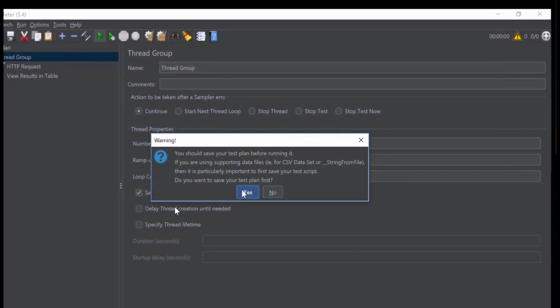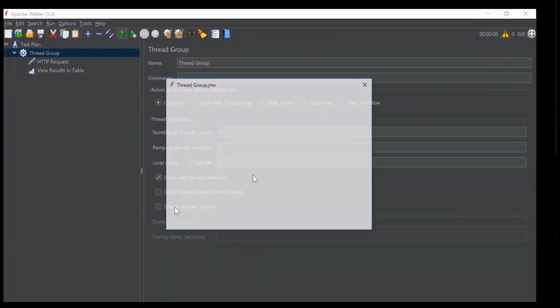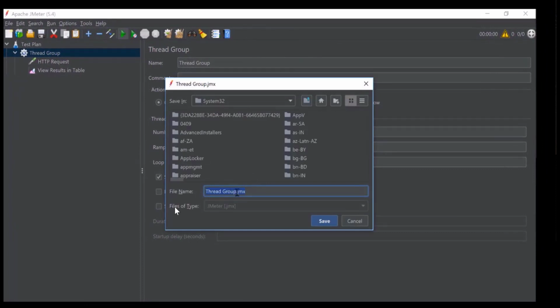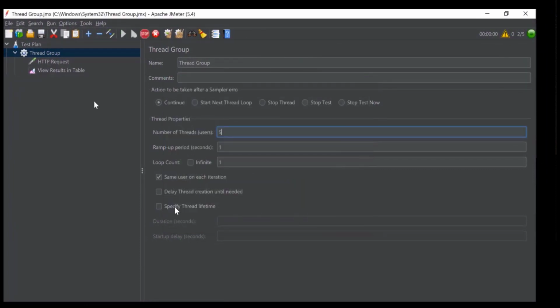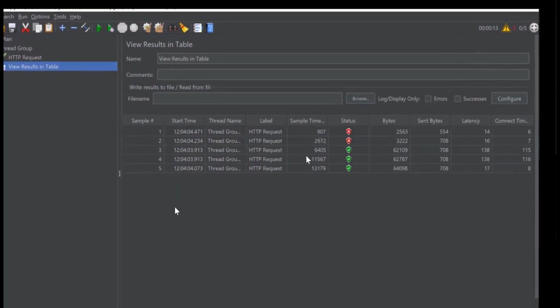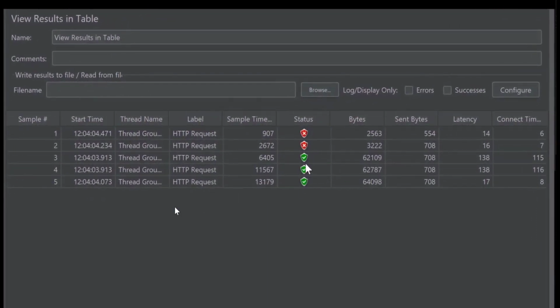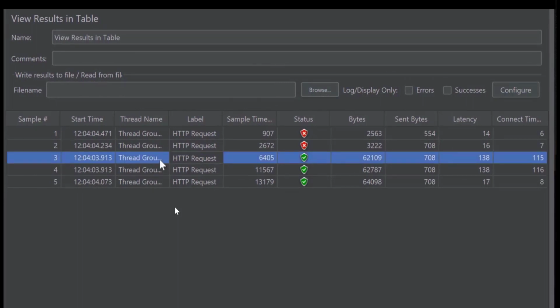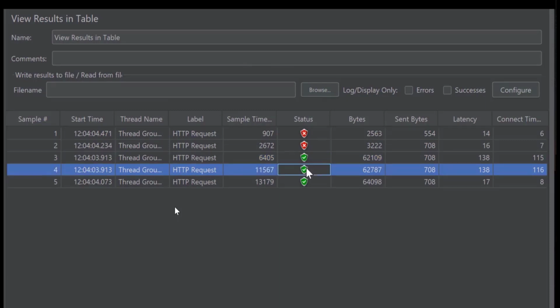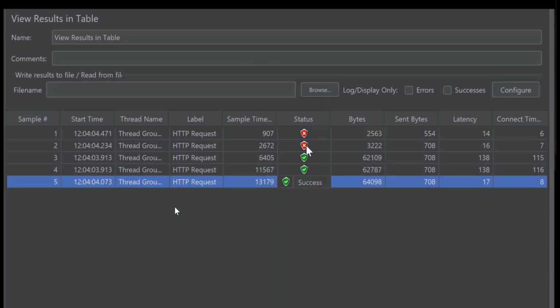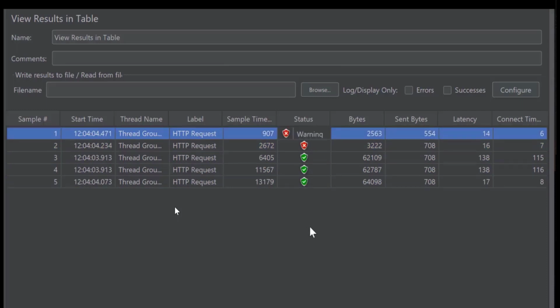Once we perform this evaluation, it will ask us to save the test plan. You just need to save the test plan according to your own naming convention. Once we are done with the execution, you can see the time it takes to run. Sometimes it might take a long time, but now we can see that it was performed, and this is the area where you see all the information, guys, related to the Amazon website. We've just asked JMeter to check for 5 users, and out of 5 we got 3 successful and 2 failures. It might be something related to an allocator not found, or